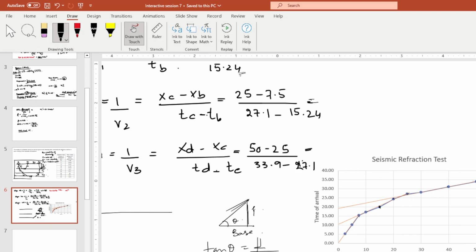See, when I am taking 25 and 7, okay, when I'm taking these 2 points,